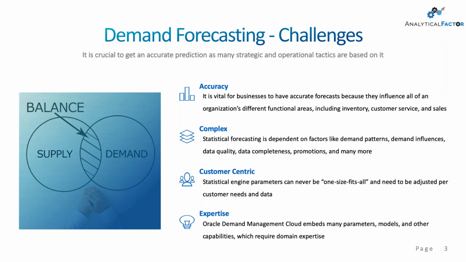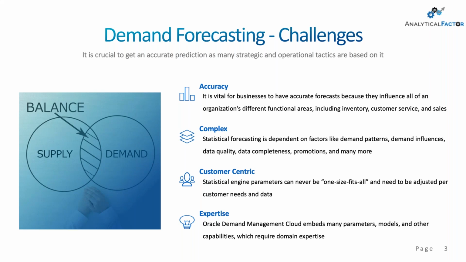Demand forecasting is important because it's supposed to provide us a good baseline forecast, right? I mean, the statistical forecast and then also the user process in order to get to a consensus forecast on a monthly cycle is the building block for our supply chain. Our inventory levels, our customer service, our sales, and even our financial numbers are all dependent on our forecasting numbers. So it's critical. The more accuracy we bring within our forecasting process, the more we're going to be able to be optimal on everything else I just mentioned.